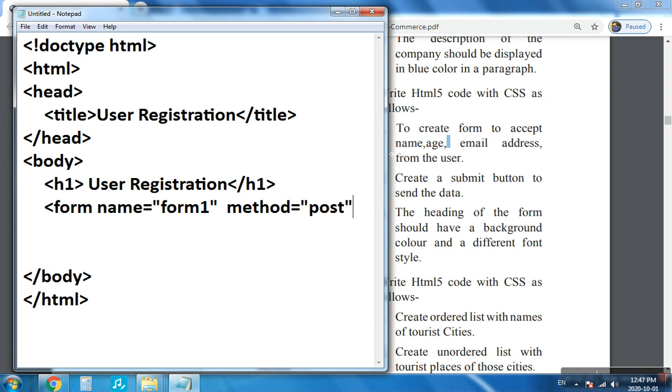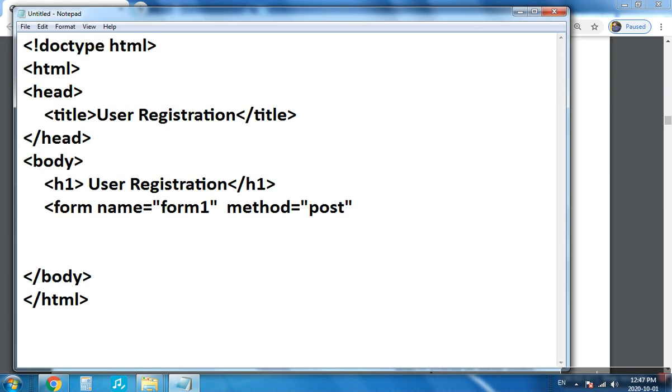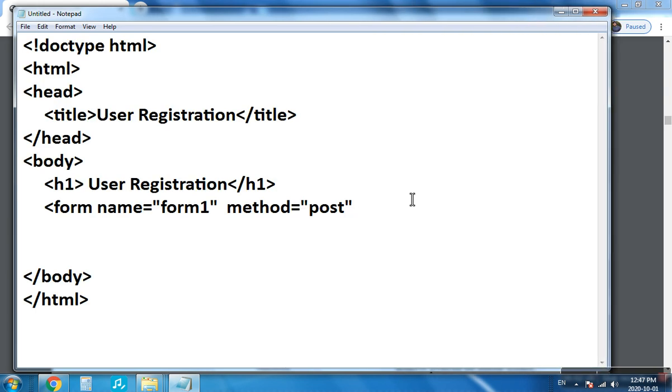That is when your browser talks to the server, it talks in a format specified by the HTTP protocol. So it is invisible to you when you send the data, that is when you click the submit button, it goes invisible to the server. Then in action attribute you have to specify the name of the website or the name of the script file that is going to handle your form.